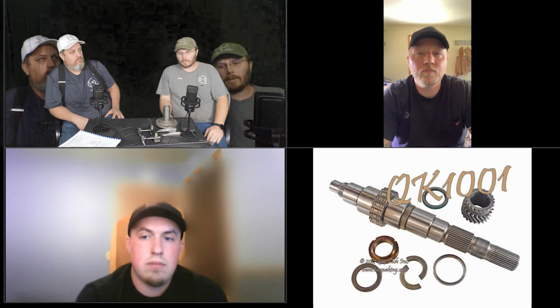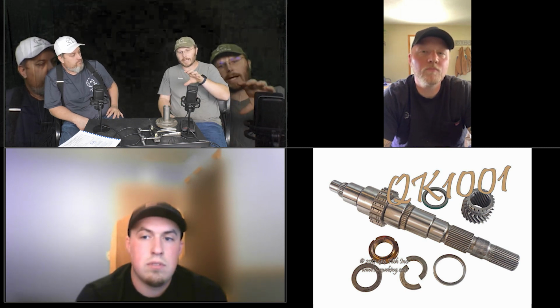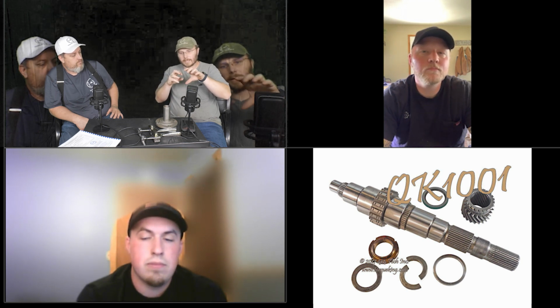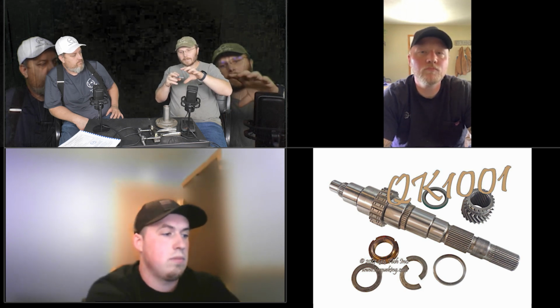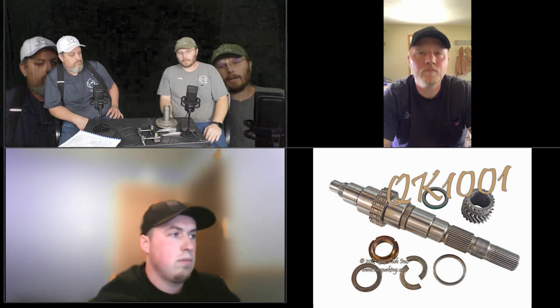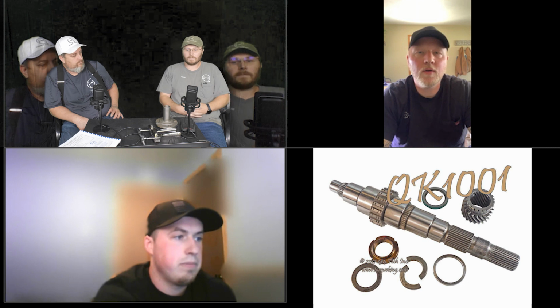Now, a lot of the fixes you see are the splined collar that engages the nut, so it can't physically back off. The thing we've seen with that is it doesn't address the root cause, which is the gear gets loose on the shaft and then the nut's not tight and it backs off. What that does is it holds the nut on, but the gear still wears out between the inside of the gear and the outside of the shaft. So that starts to walk back and forth, and then you get deflection there. Even though your end plays could be good, you still have gear deflection, and then you break your counter shaft and main shaft 5th gear teeth off. I don't know how much you've seen of that, but